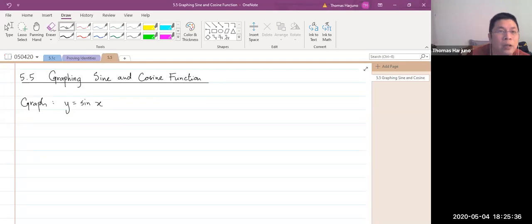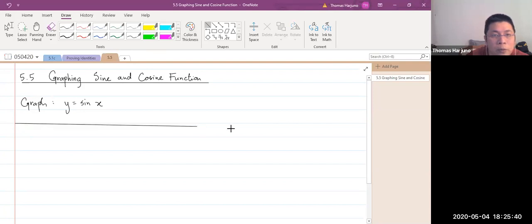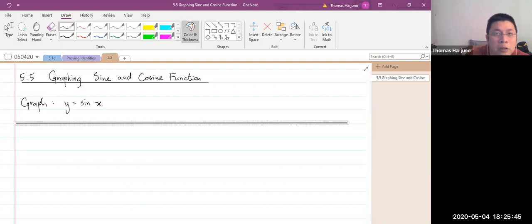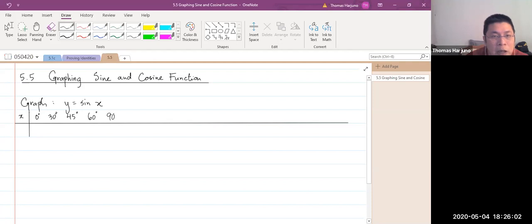But for that, I would like you to help me. Do me a favor. I would like you to compute the decimal value for special angles. Okay, for x equals 0 degrees, 30 degrees, 45 degrees, 60 degrees, 90 degrees, and on. And just round it to 1 decimal place. After that is 120,